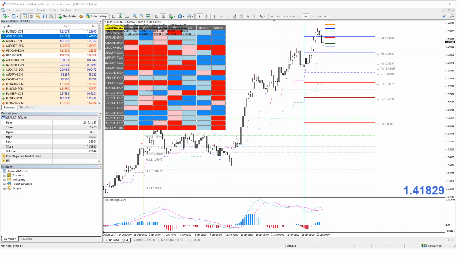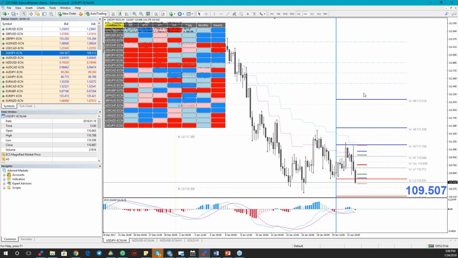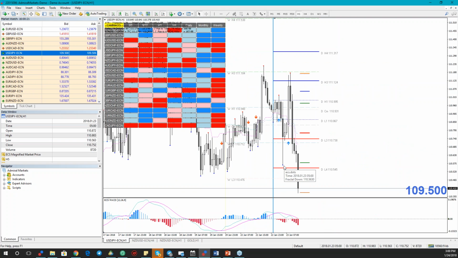I will check dollar yen. I'm not sure if it's a buy, but I will check it. It's still going down, so I don't see any additional counter trend opportunity here. But again, if you go to the 1 hour time frame, you should have bought it already. So it's not a buy now. I said 110.50 and it happened here. Sorry, 110.50 was the last good buy that we can have.